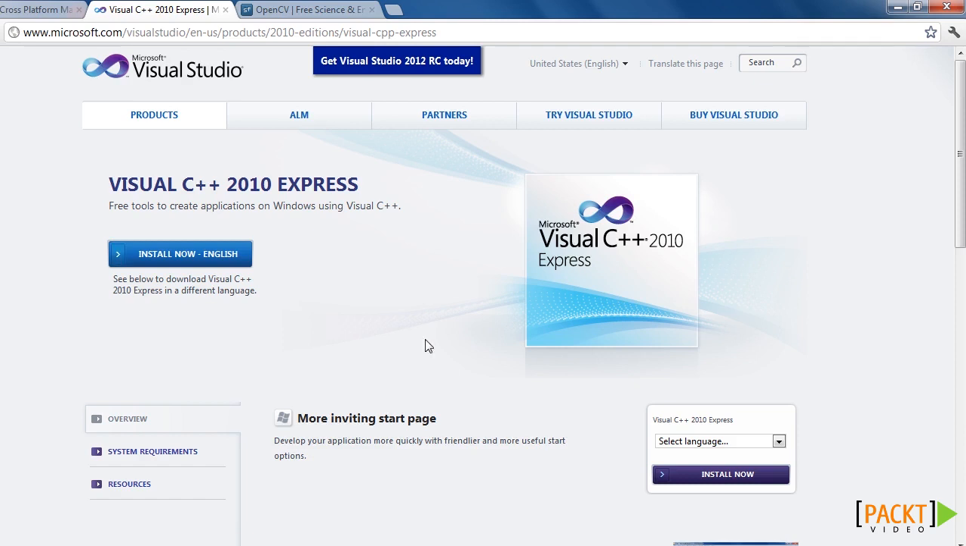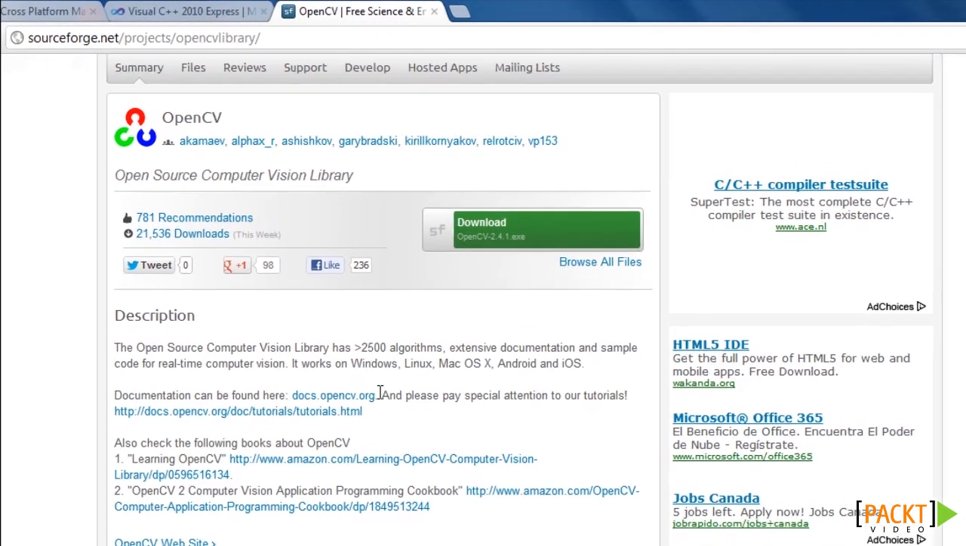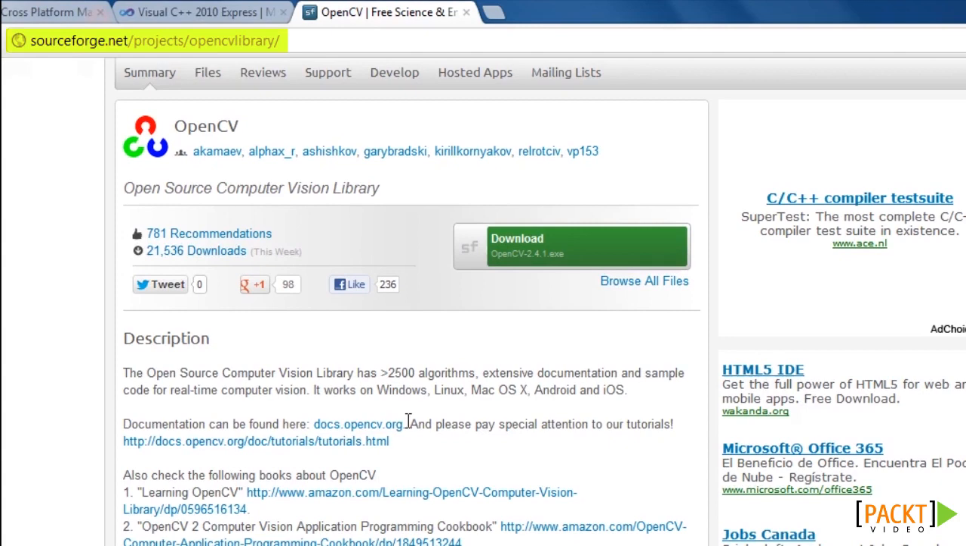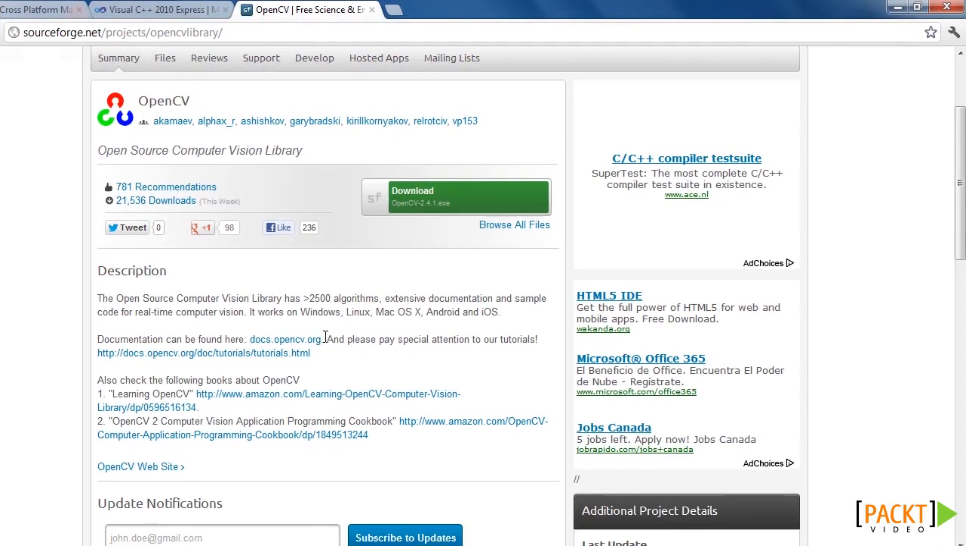Once you have those two programs installed, you can go to download the OpenCV files, which you can get from the SourceForge page. Basically just go to SourceForge and download the latest file for Windows, which in this case is OpenCV 2.4.1. After you do that,